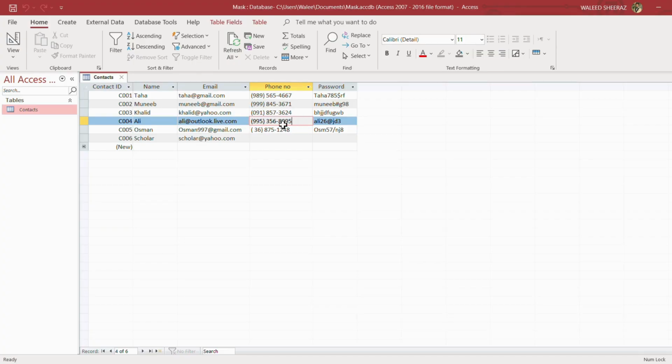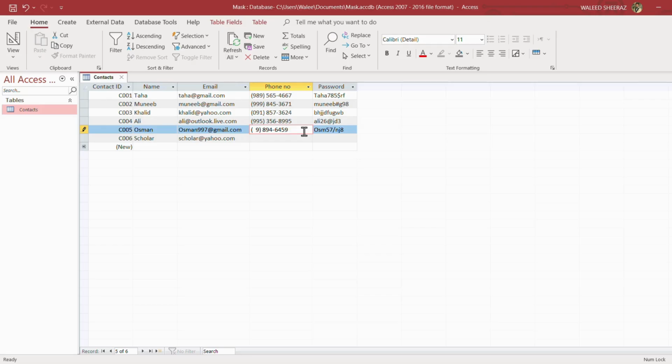Now look at this last value. Since it had only 9 digits, it is masked by removing 1 extension digit. Now, if you want to add new phone numbers, you can simply type them into this mask. If you have fewer extension digits, you can escape them by simply pressing space, but you cannot escape the digits